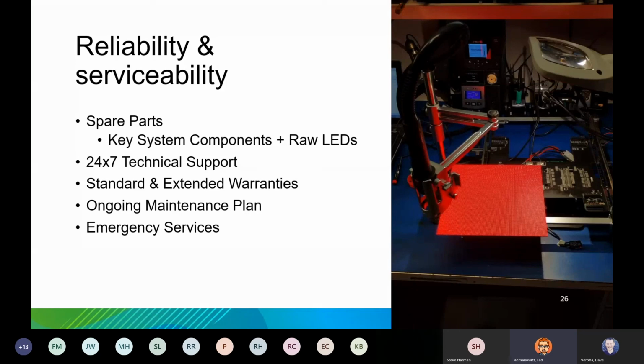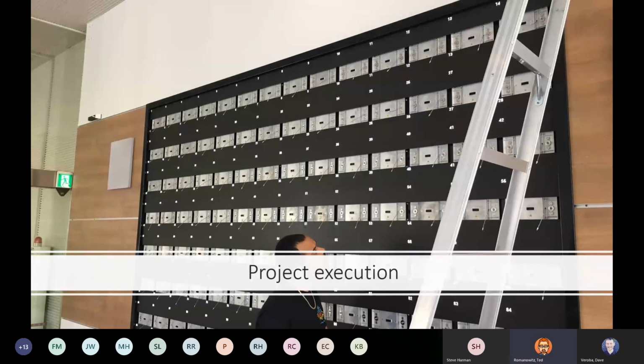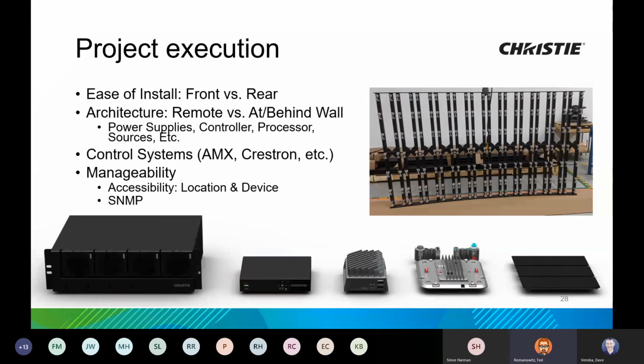Next slide. All right, so let's talk a little bit about project execution. And I love this. This is that Ushio wall in Japan being installed. So let's go to the next slide. All right, so we talked about